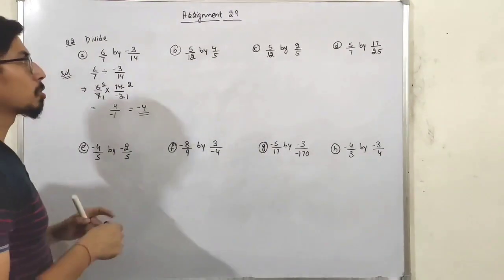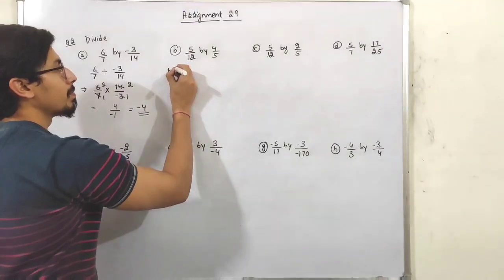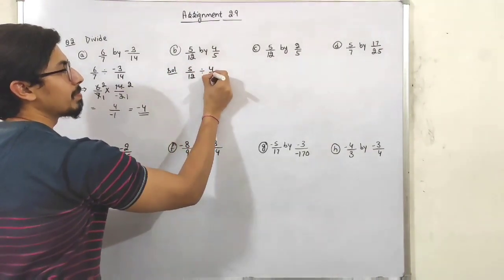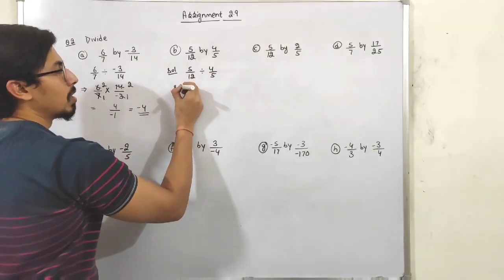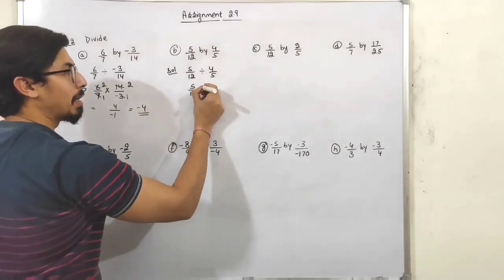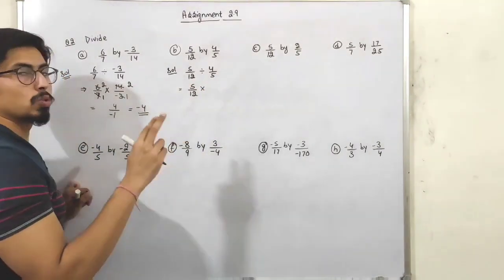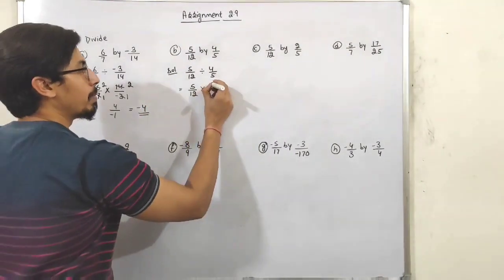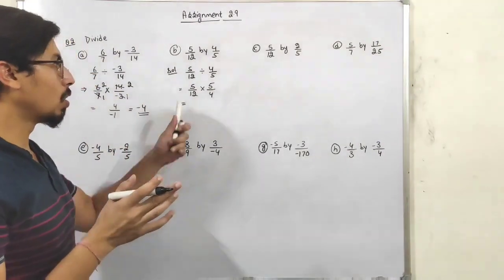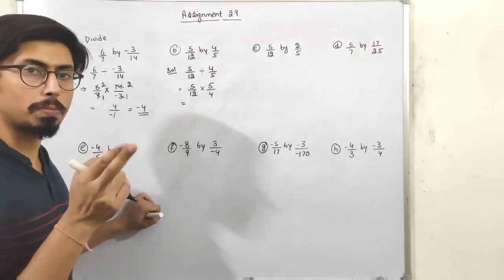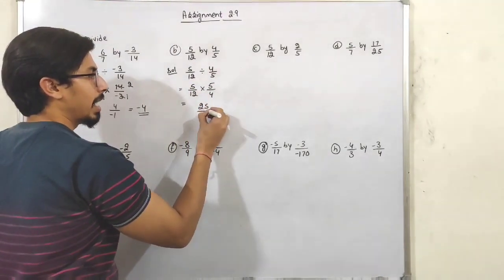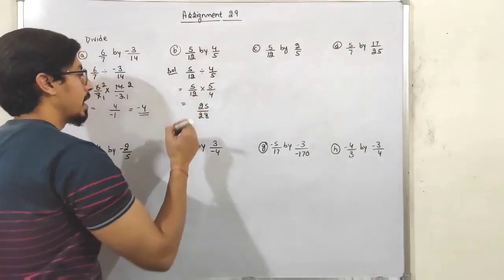Okay. Now in the next part we have 5 by 12 divided by 4 by 5. So 5 by 12 as it is. Replace the division sign by a multiplication sign, so the number after it gets reciprocated. So it will be 5 by 4. See, students, no number is getting cancelled with each other, so just multiply numerator by numerator. So 5 fives are 25 and 12 fours are 48.